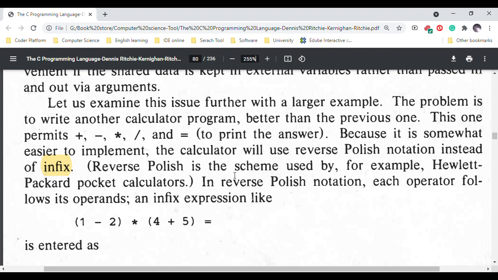In reverse Polish notation, each operator follows its operands. An infix expression like this